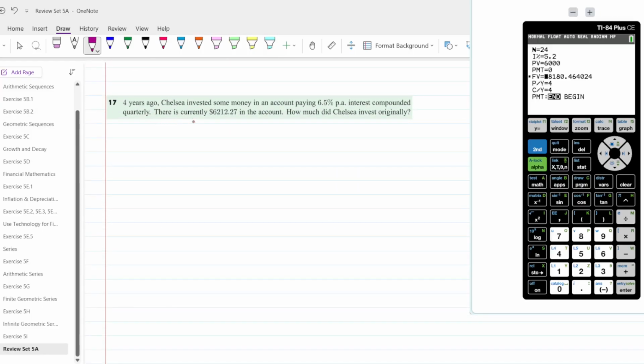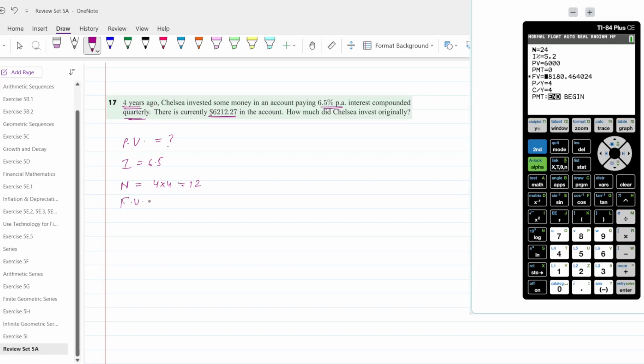4 years ago, Chelsea invested some money in an account paying 6.5% per annum interest compounded quarterly. There is currently $6,212.27 in the account. How much did Chelsea invest originally? So we are supposed to calculate the present value where we have interest 6.5, n is 4 times 4, that is 16,